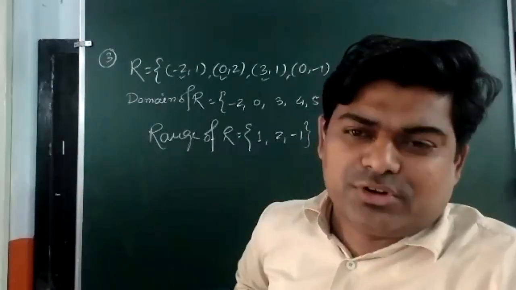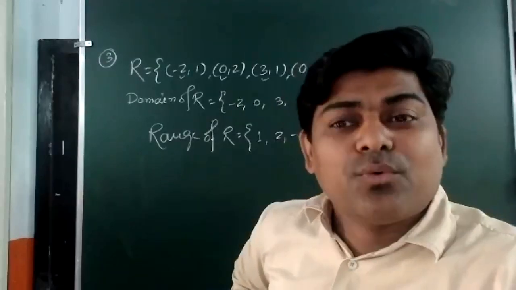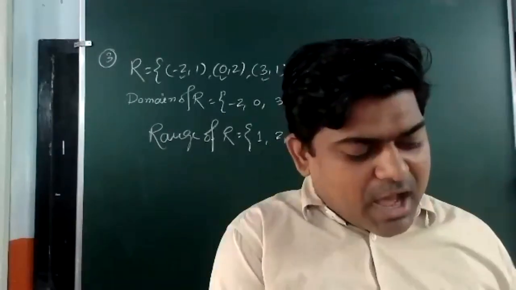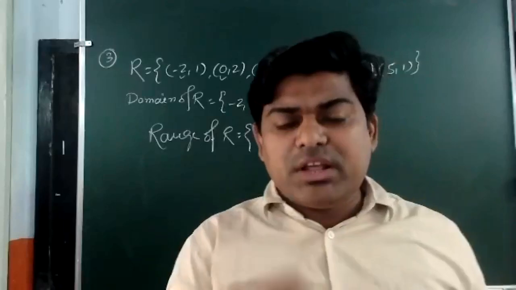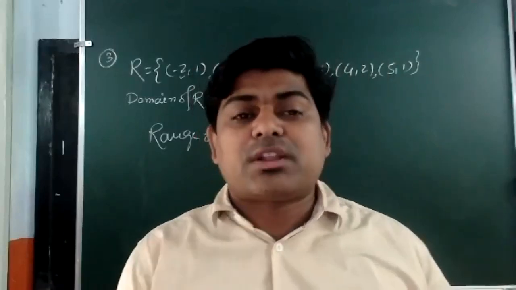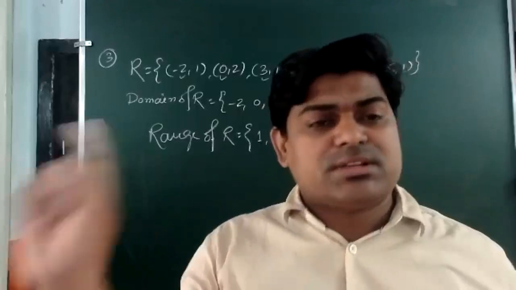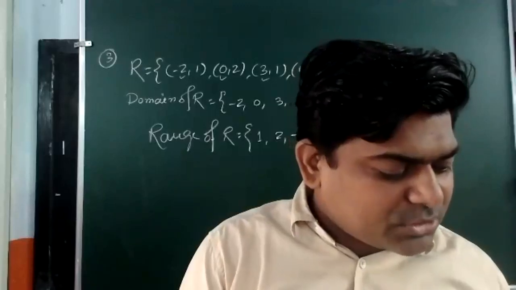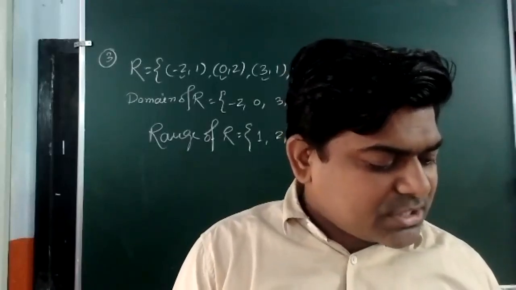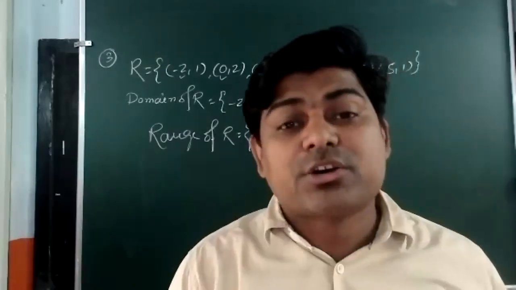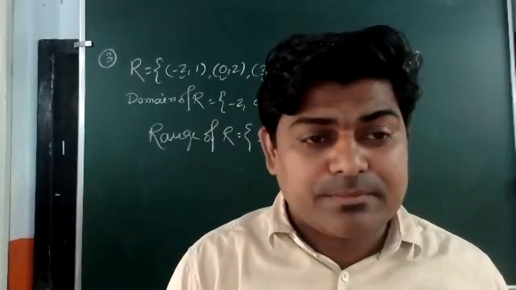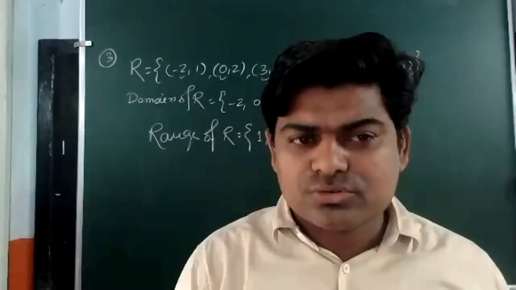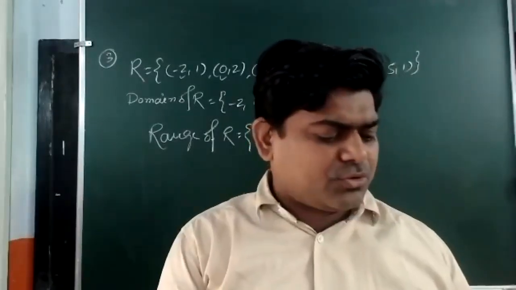In the fifth question also it is written like that. The relation is 1 less than. See what is written. A and B are given, and R, the relation is 1 less than, from A to B. It means what? The first element should be 1 less than the second element. It means 1 is related to 2, 3 is related to 4, 5 is related to 6, 7 is related to 8, and 8 is not related to any number because 9 is not there in B. Are you getting me? Say yes or no.